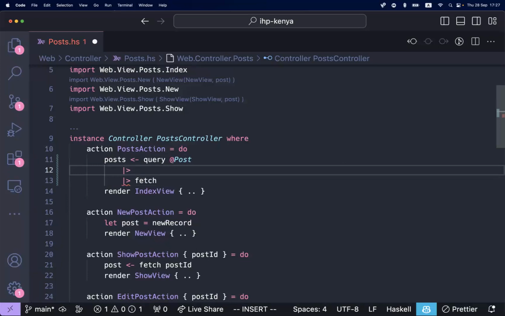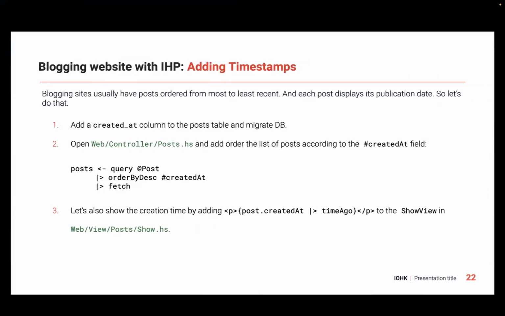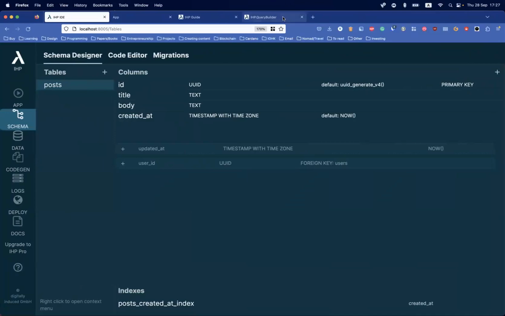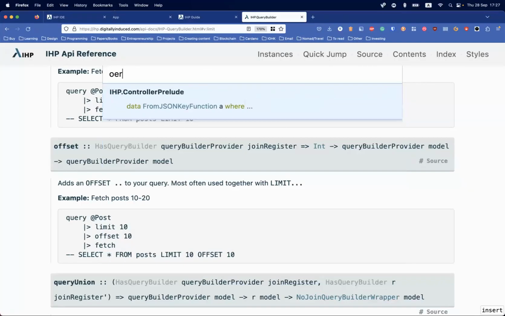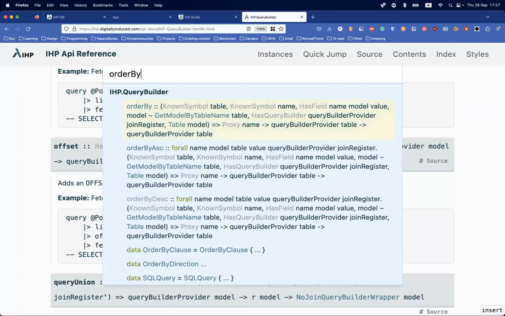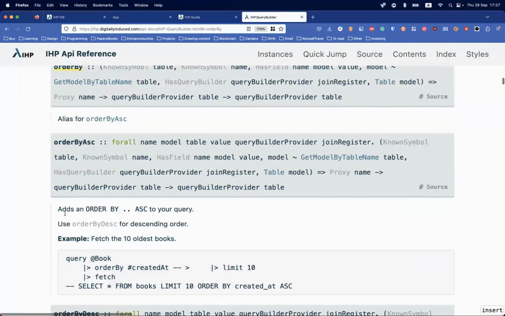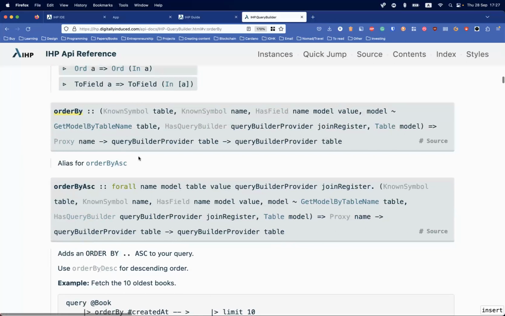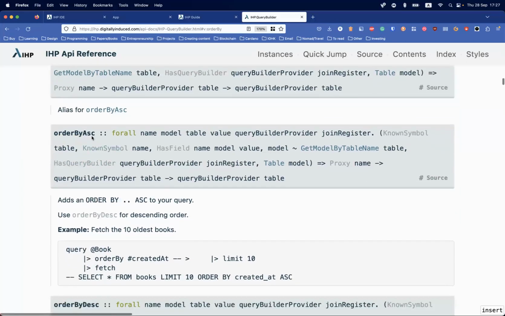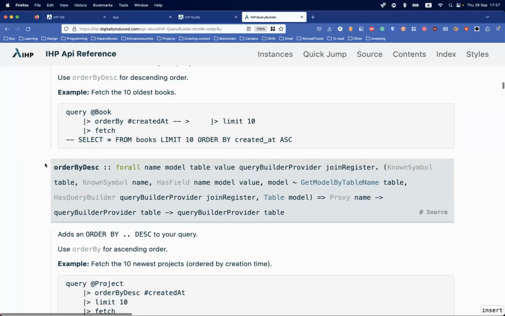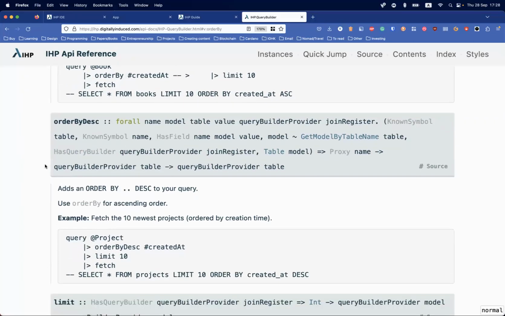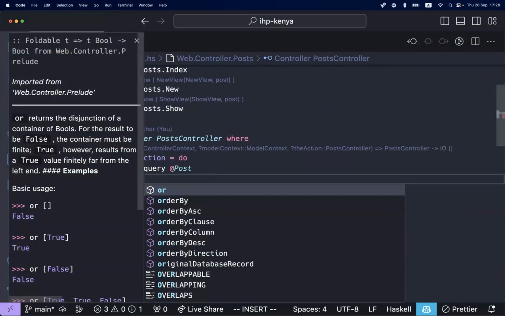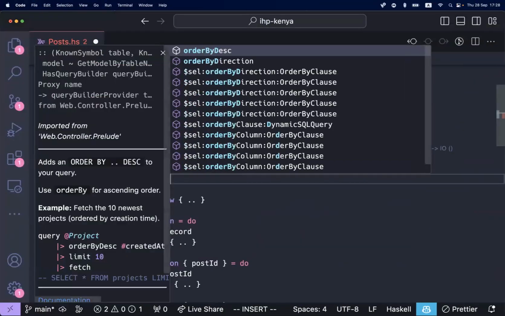And here we are going to add another action and another action. And as you can see here, we have this order by descent. And not only that, if we go here and say order by, we need to actually provide which order we want. We have the order by ascent and order by descent. Or order by descent,